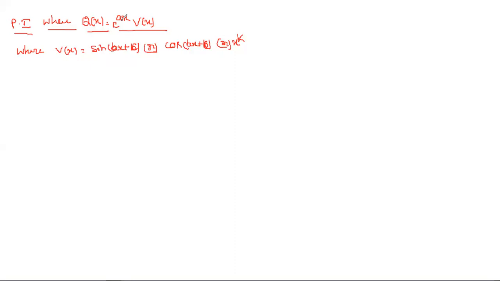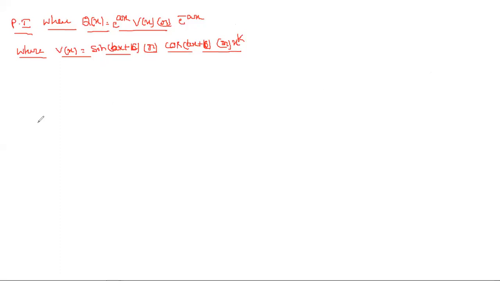So either it may be e power ax or e power minus ax. Okay. Now, if it is in this form, it means the product of two functions. If you observe, in type 1 you learned only for exponential, in type 2 only for sine or cos, and type 3 for polynomials. Now we are going to learn the fourth type, which is the product of exponential and sine or cos or polynomial. So what is the working procedure?